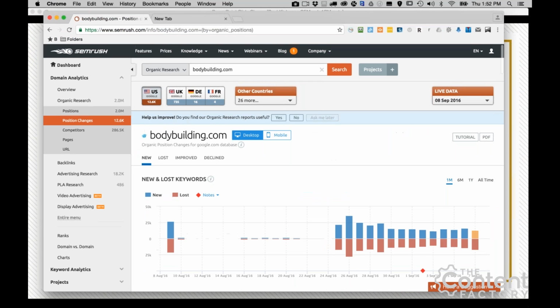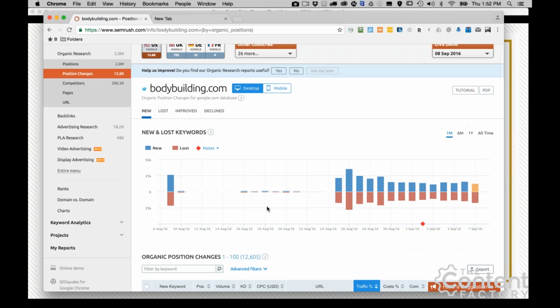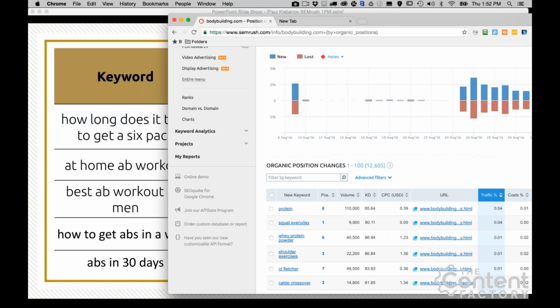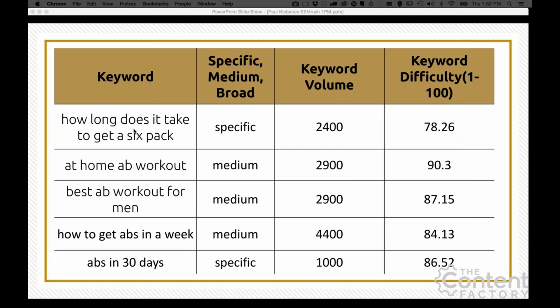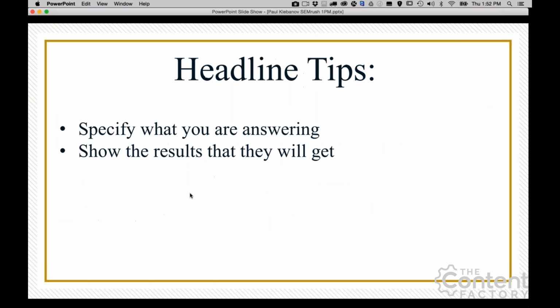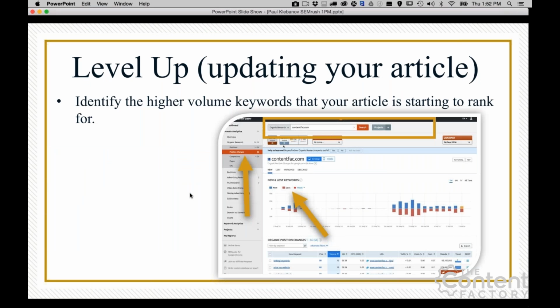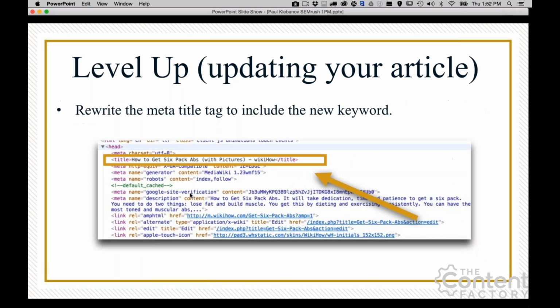And so the last thing that I want to get into is leveling up your content. And this is of the utmost importance because right here in SEMrush, under organic research, I'm going to come right here, entire menu, and I'm going to see this position change report. And this is really powerful because what you will discover right now is that as soon as you start